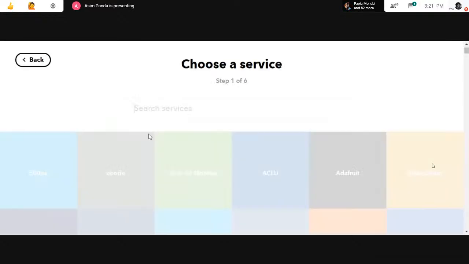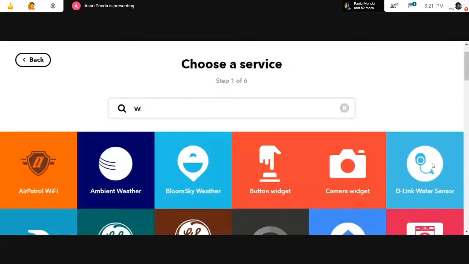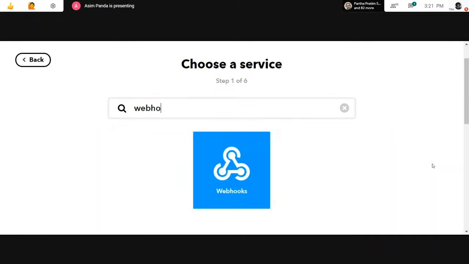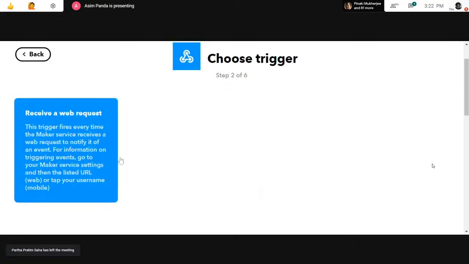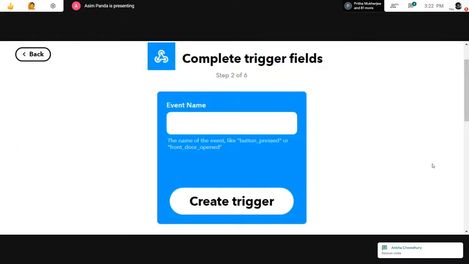Fine. So what is "if"? That is the webhook actually. If you are familiar with webhooks, then you know it's actually for receiving web requests. So through webhooks, we will get the web request from thinker.io. So click on this, then we will just say some event, say test IoT, for suppose create trigger,